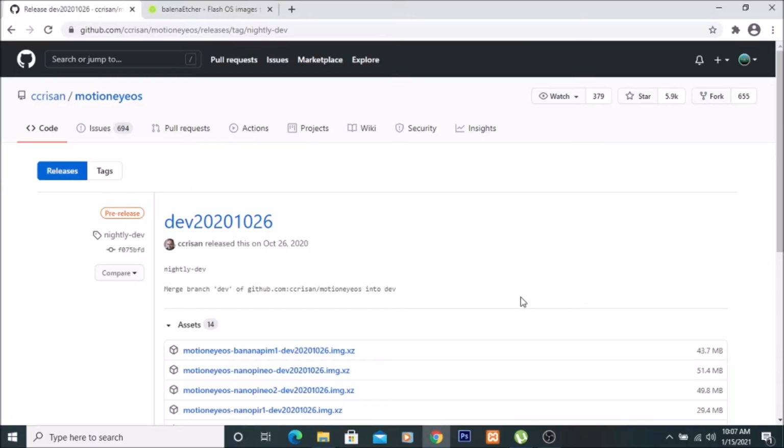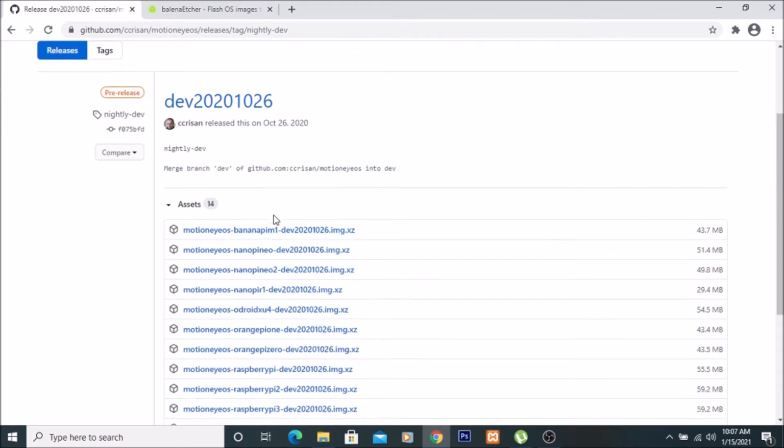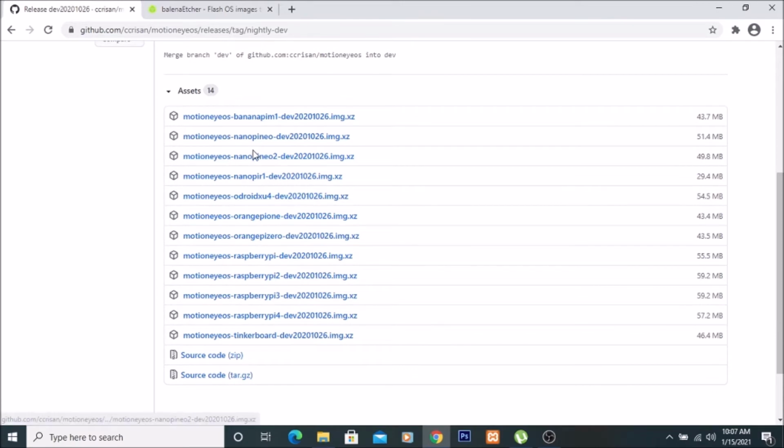So friends, we are now on our laptop, a Windows 10 machine. Here, as you can see, this is the motionEyeOS GitHub link. I will mention the link inside my description box. Just open the GitHub page and scroll down. Here it is. As you can see, we have